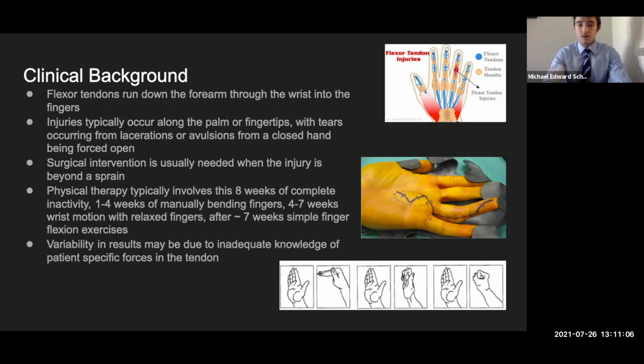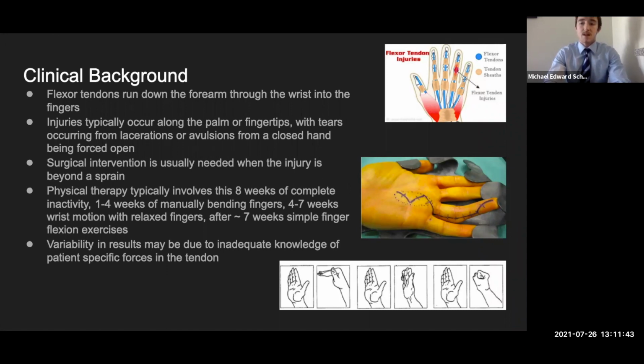Despite the frequency of the surgeries, the typical physical therapy window is quite variable. As an example, you'll have 8 weeks of inactivity, followed by 4 weeks of manually bending the fingers with the other hand. Then weeks 4 through 7 spent with wrist motion with relaxed fingers. And then after that, about 5 weeks of simple finger flexion exercises as demonstrated in the bottom right. So a possible cause for this variability is the changes in an individual's anatomy, which result in different patient-specific forces